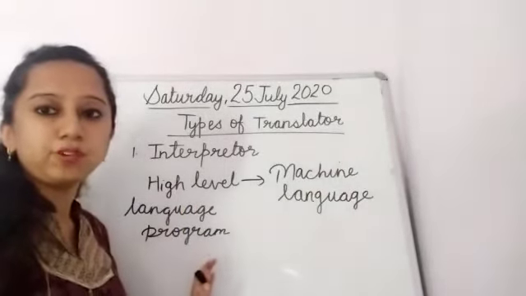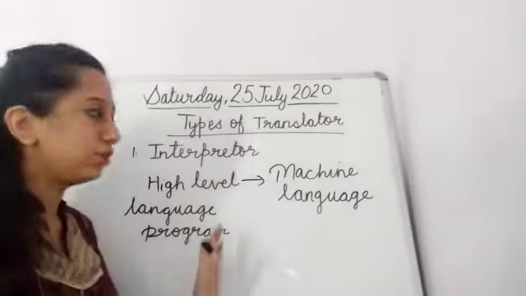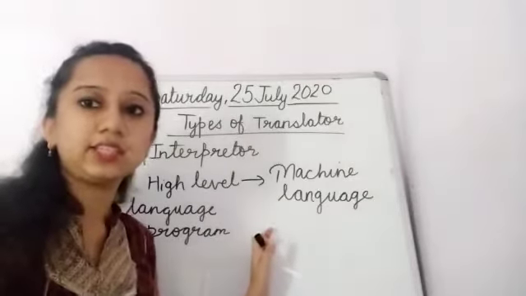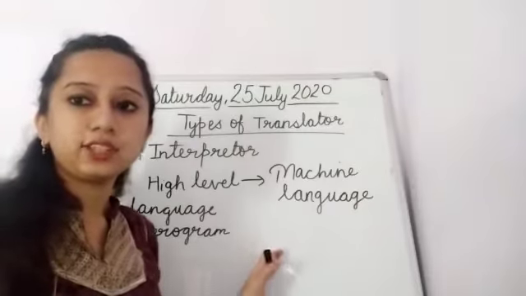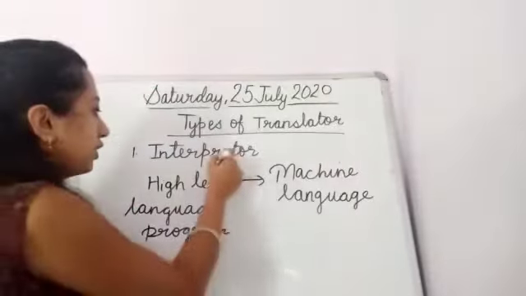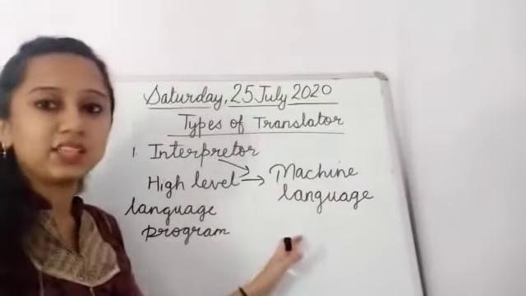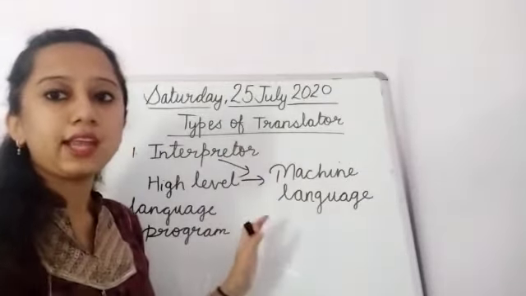जो भी प्रोग्राम यूजर ने हाई लेवल लैंग्वेज की हेल्प से प्रोग्रामिंग की है उसको इंटरप्रेटर किस में चेंज कर देता है? इन द मशीन लैंग्वेज. एंड आई हैव टोल्ड यू दैट व्हाट इज अ मशीन लैंग्वेज. Machine language is your computer language which computer understands. So with the help of interpreter, your high level language programming changes into machine language,